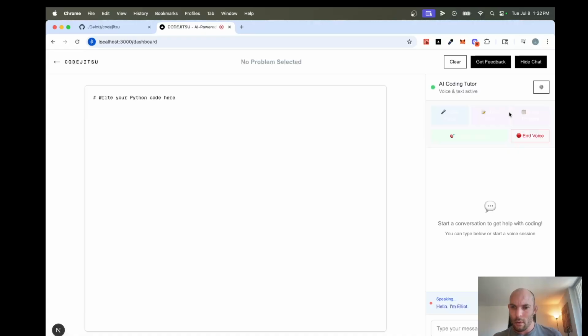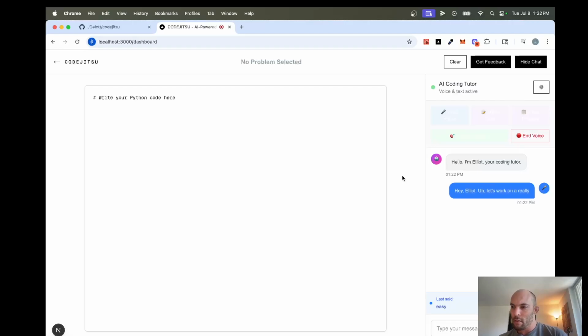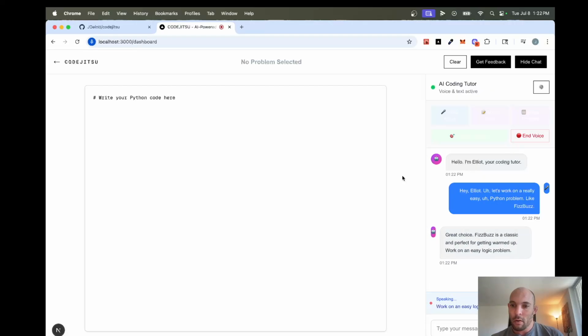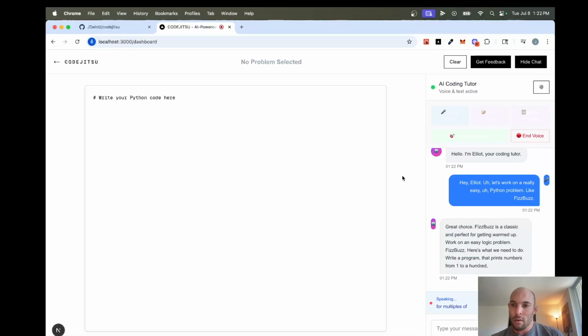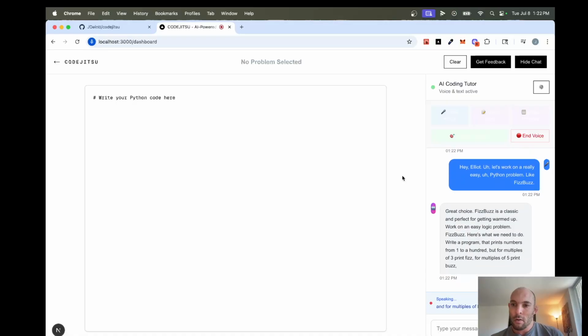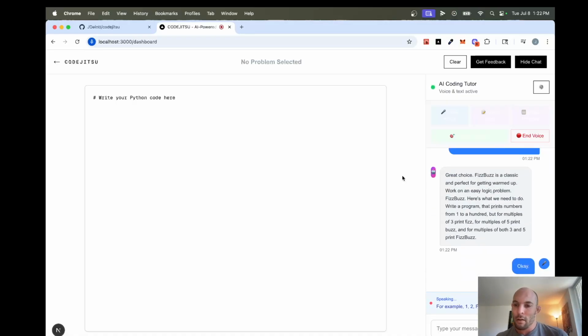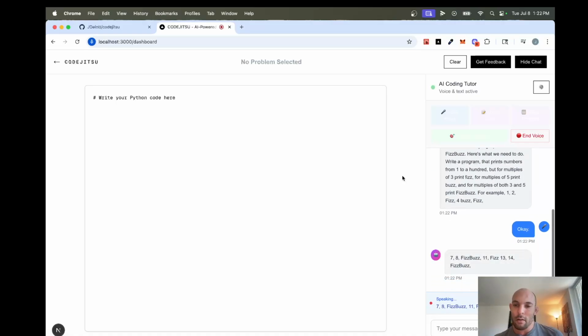Hello, I'm Elliot, your coding tutor. Hey, Elliot, let's work on a really easy Python problem like FizzBuzz. Great choice. FizzBuzz is a classic and perfect for getting warmed up. Let's work on an easy logic problem. FizzBuzz. Here's what we need to do. Write a program that prints numbers from 1 to 100, but for multiples of 3 print fizz, for multiples of 5 print buzz, and for multiples of both 3 and 5 print fizz buzz. For Okay. example, 1, Now 2, I get fizz, it. 4, buzz, fizz, 7, 8, fizz, buzz, 11, fizz, 13, Yeah. 14, fizz, Hey, buzz. Elliot. And